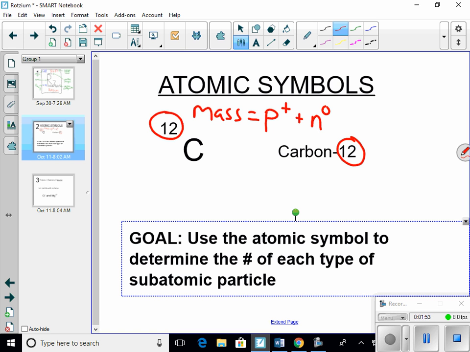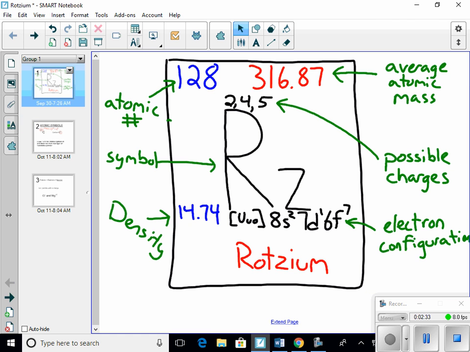To me, it's analogous to, I step on a scale, I take my weight, and then I get a haircut, and I take my weight. Did I lose mass? Yeah, because hair has mass. Is it enough to shed those last couple of pounds? No, it's not. So, sure, it's a part of the mass of the electrons, but we really don't even consider it. That's why you see a whole number for the mass number of something. So we know that the mass is a combination of 12 protons and neutrons put together, because the mass number is a counting thing. If I go back to the first slide,